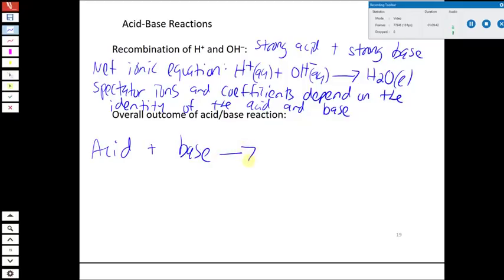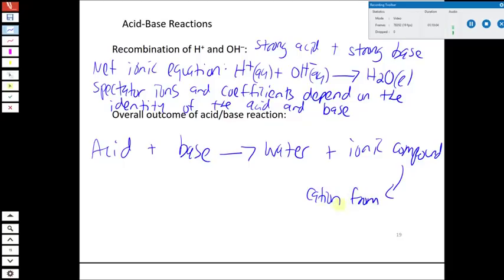The H plus and the OH minus make water, as we just said. And then the other product of an acid-base reaction, if we're considering everything, is some sort of ionic compound. The ionic compound is going to be a compound where the cation comes from the base, and the anion comes from the acid. So it's whatever's left over when you take the H plus and OH minus, everything that's left over combines to